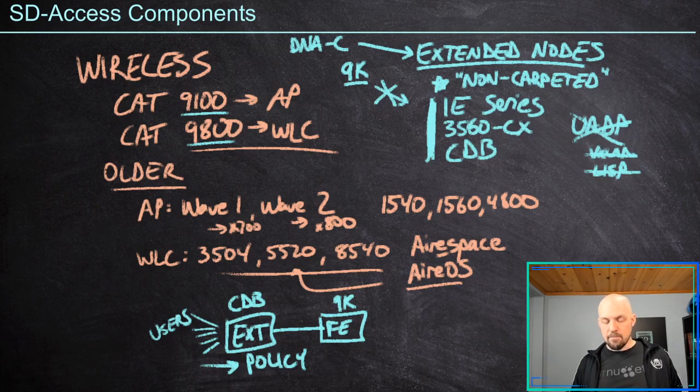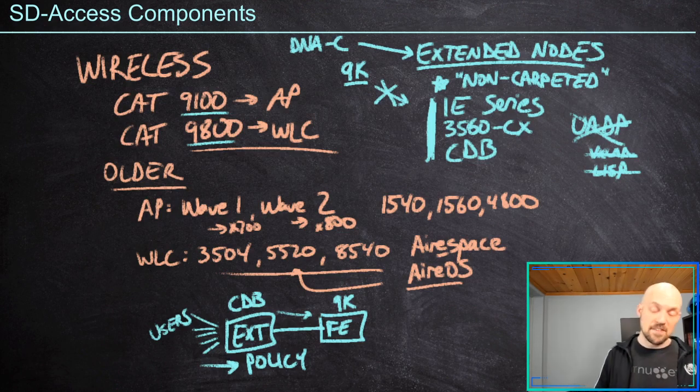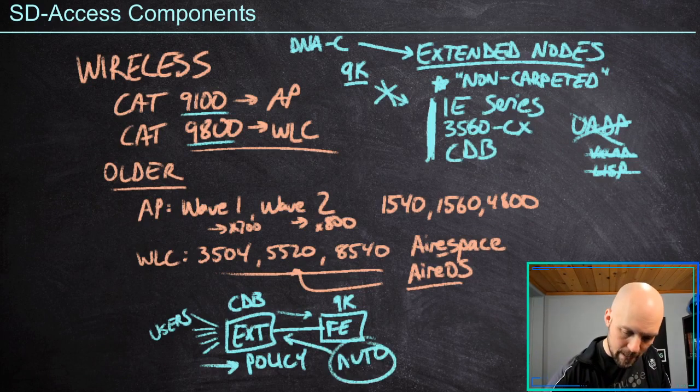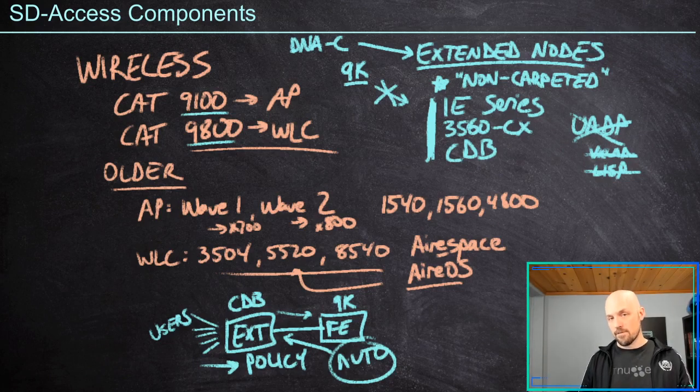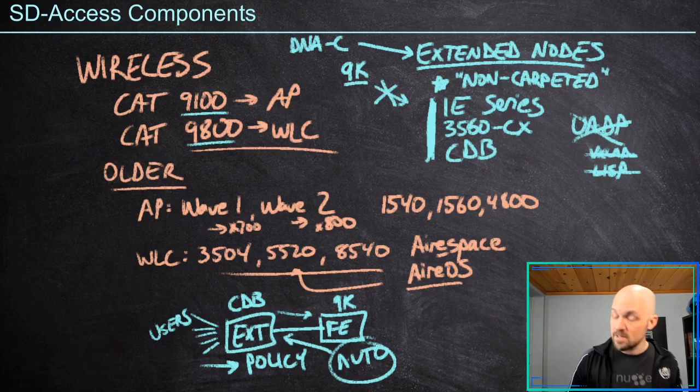And so now, when I say we can support policy, it's still going to have to go up to the Catalyst 9K in order to get enforced, because we don't have the ability to run Cisco TrustSec on these extended nodes. Again, they're very limited. All it really is, is a set of automation tools that's going to help us manage these extended nodes that are hanging off of our Fabric Edges. Okay, so it's not something that gets a lot of attention. It's really nothing I would argue we even really need to be super aware of in most design cases, but obviously for those of us who do work with factories and warehouses and such on a regular basis,